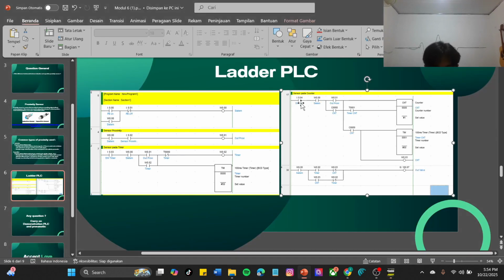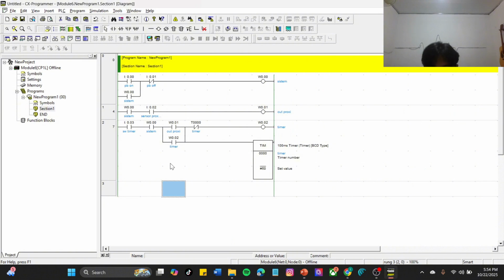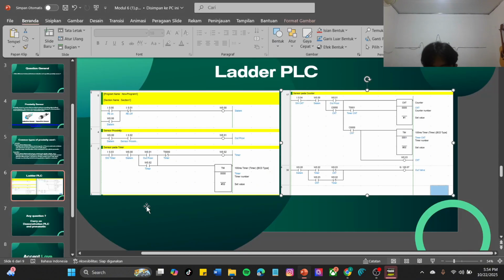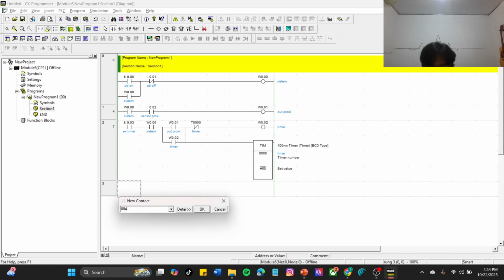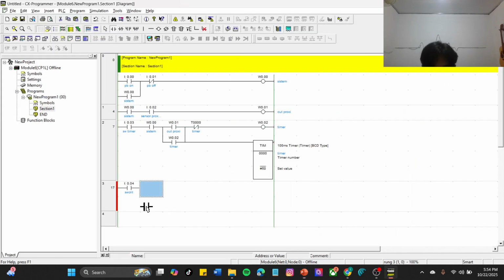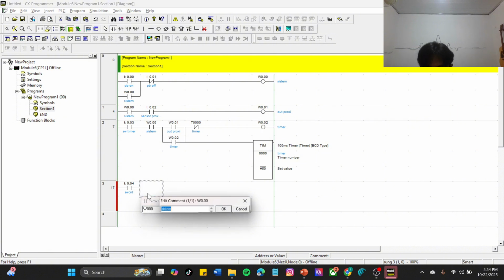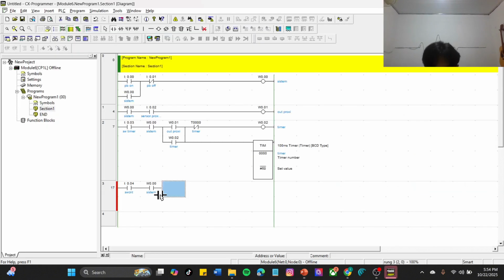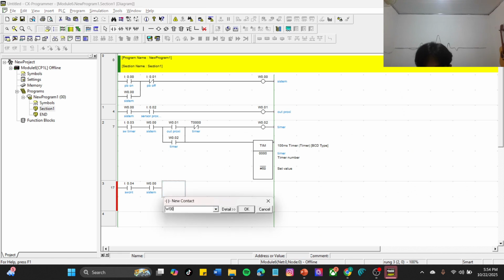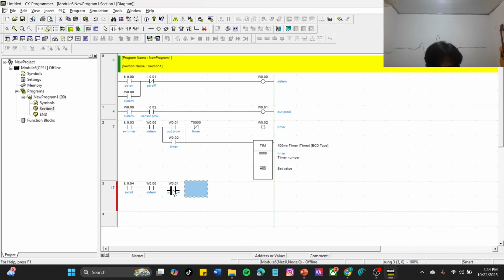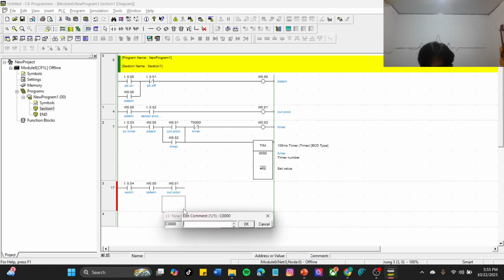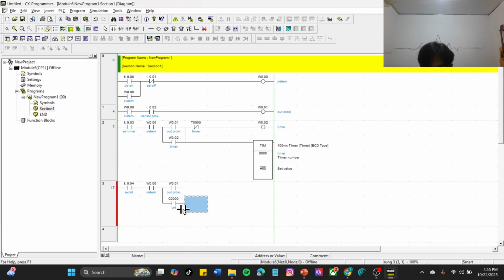Next, for the input switch, 004, enter, switch counter, and the system W000, enter, out proxy W001, and CNT C000, CNT.